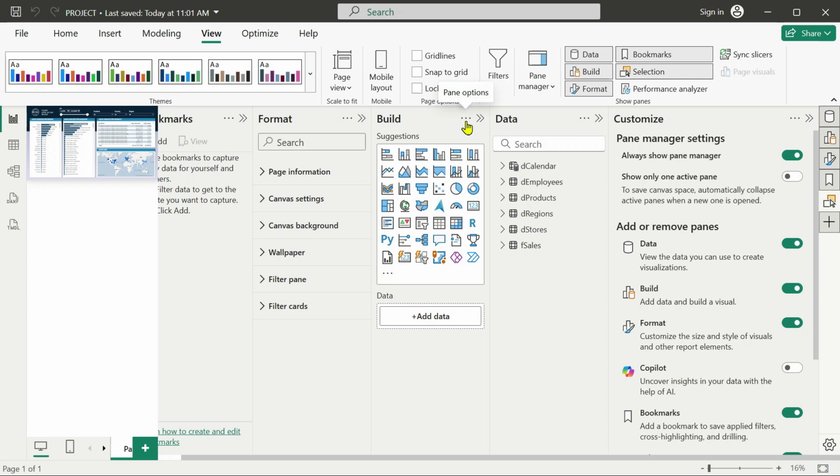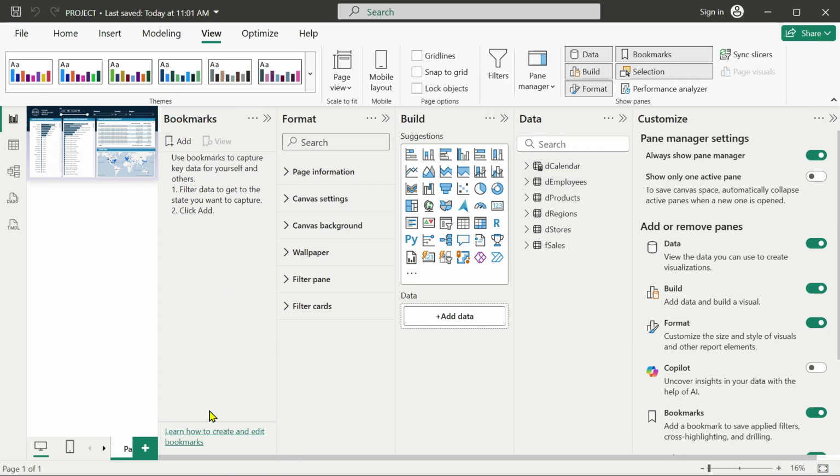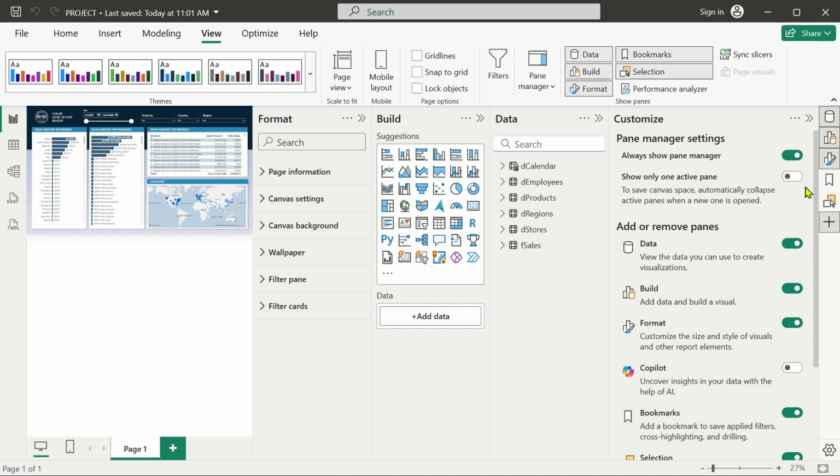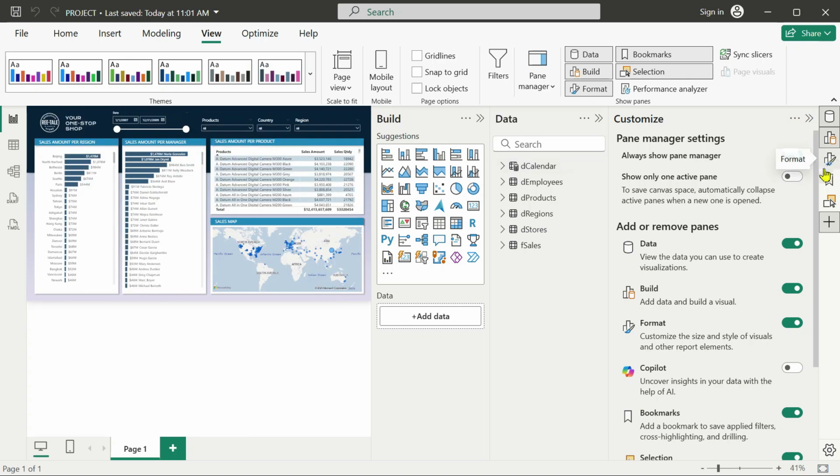In each of these panes, if you click the three dots, you can choose collapse. If you just collapse it, it's going to collapse, but it's not going to disappear here on the right-hand side. Let me make it easier for us. Let's work with the format pane. It's this one, format pane. If you click the three dots and select collapse, it's going to collapse, but it is still going to be here on the right.